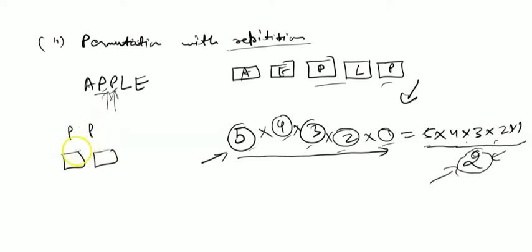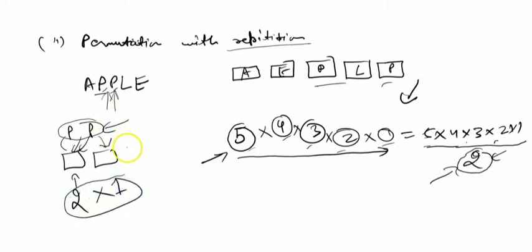Let's say in the first slot there are two choices that I can fill it with, which is P and P. After I have filled the first slot with one of these P's, the leftover P will be filled in the second slot, and that gives me 1. So there are actually two possible permutations in which these two P's can be rearranged, and that's how I know